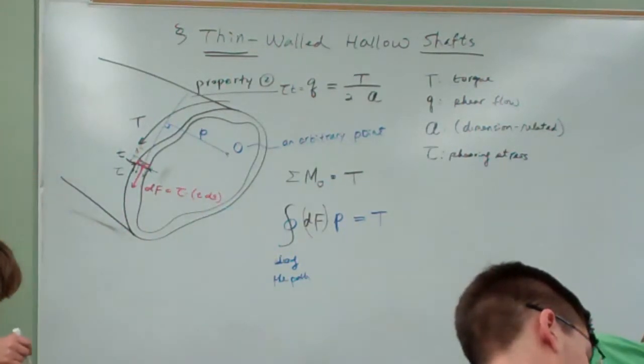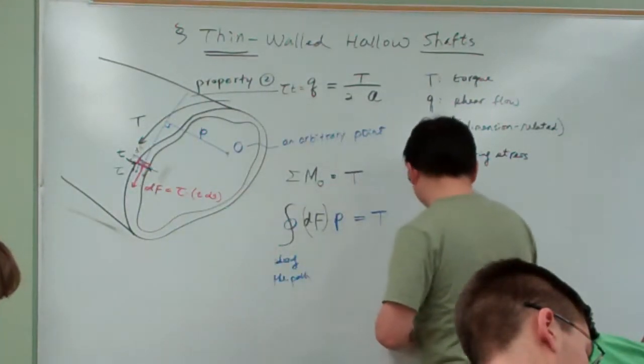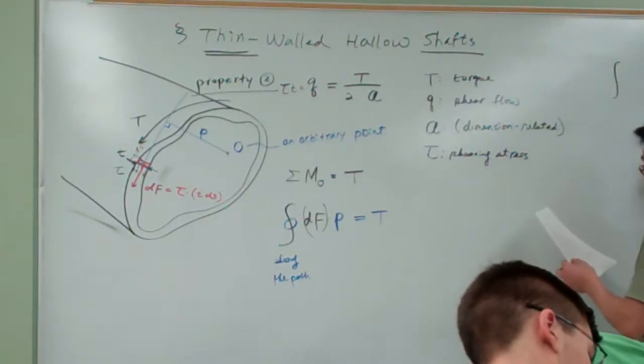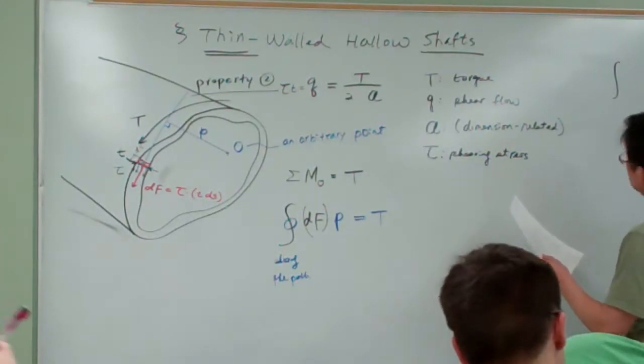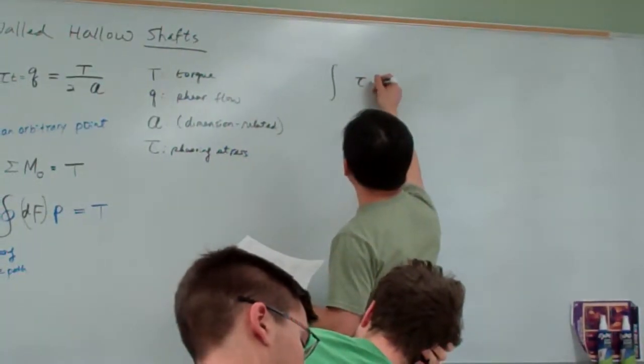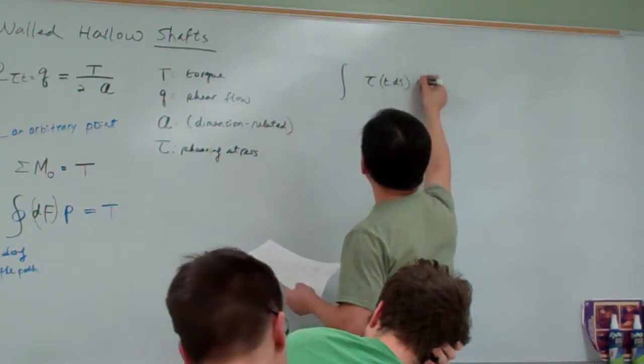Okay, yeah. So with this one, we can simplify this. So that means df equal to tau times T ds, and this one multiplied with P,